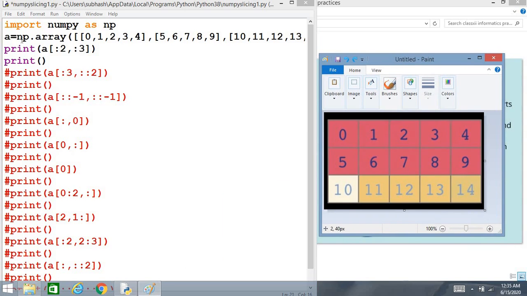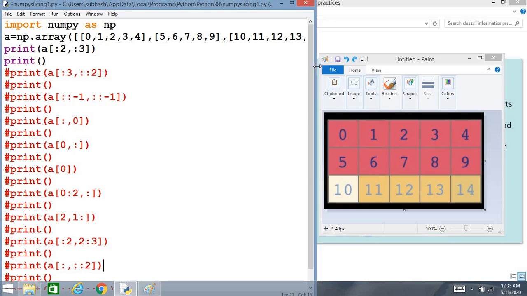Now consider we are creating a is equal to np.array. The array function is an inbuilt function used for creating an array. We have here 3 rows.